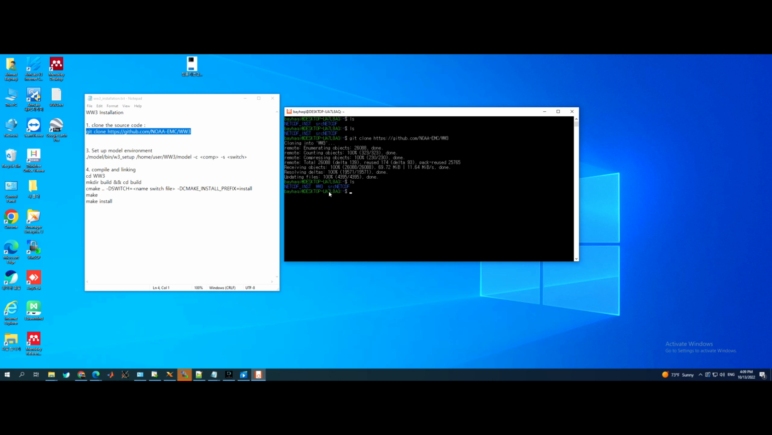We want to see the list, and there is an output folder called WW3, and inside the WW3 there is the model folder. So we would like to look at the model folder. There is the bin folder, the ENP or input folder, and